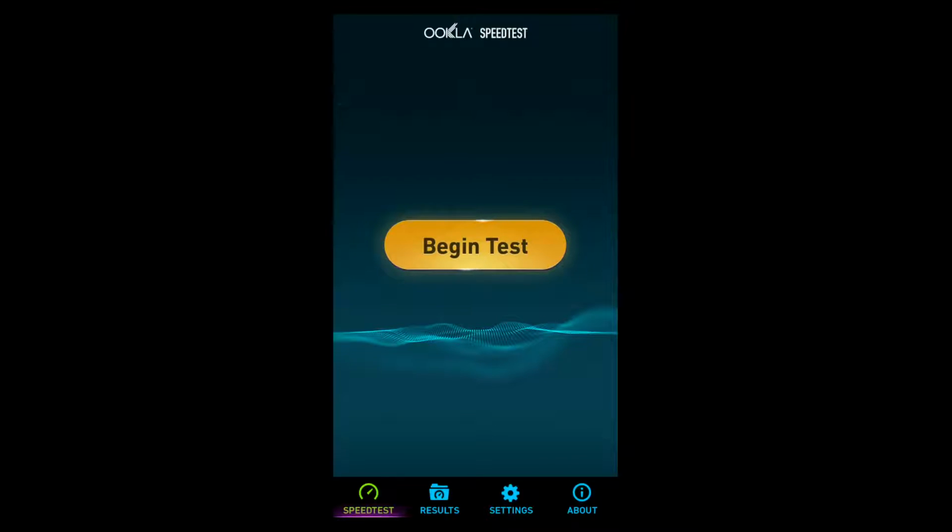So the only way to know that is you have to run a speed test. So here you can see the speed test pulled up. I'm going to go ahead and click the cursor button on the remote. I cannot just click OK. I actually have to click that begin test button with the cursor. So if you have a mouse pad, you can actually use your finger. If you have a mouse, the cursor will come right out and you can click on it. But if you're just using the remote it comes with, I have to click that cursor button,